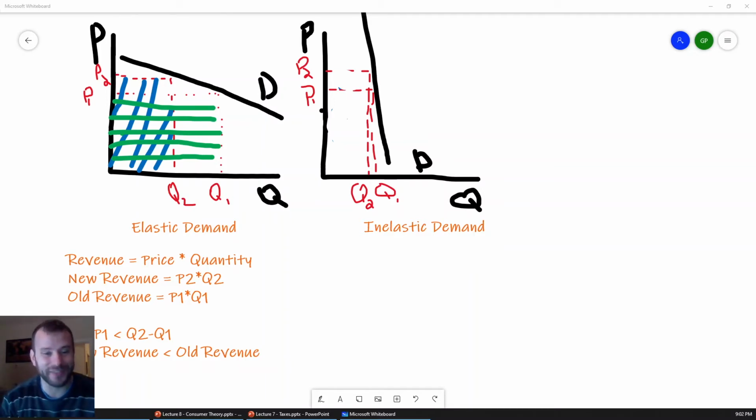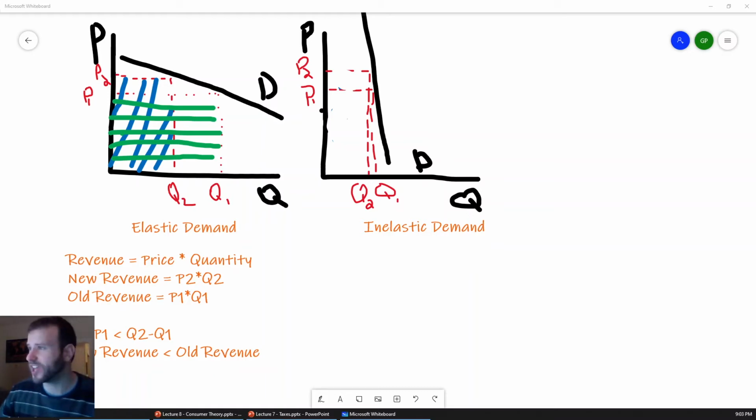Anyway, so where we last left off, there was an increase in price on an inelastic demand curve from P1 to P2, and this led to a slight decrease in quantity from Q1 to Q2. Okay, and I was saying that this will have a positive impact on revenue, being price times quantity. Because if the price increases by a lot and the quantity decreases by only a little, revenue should increase. Okay, so the nature of inelastic demand is that a large price change is only going to lead to a small quantity change, relatively speaking.